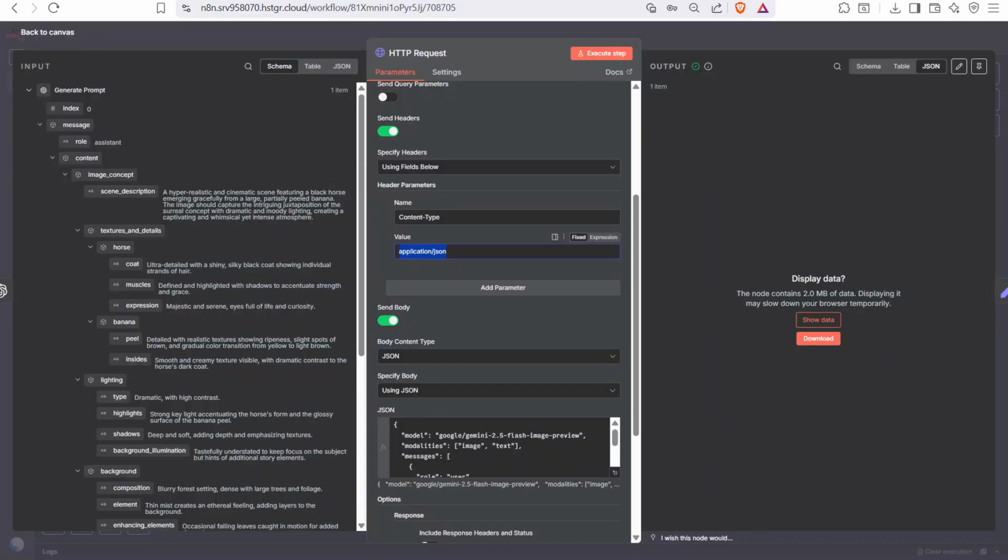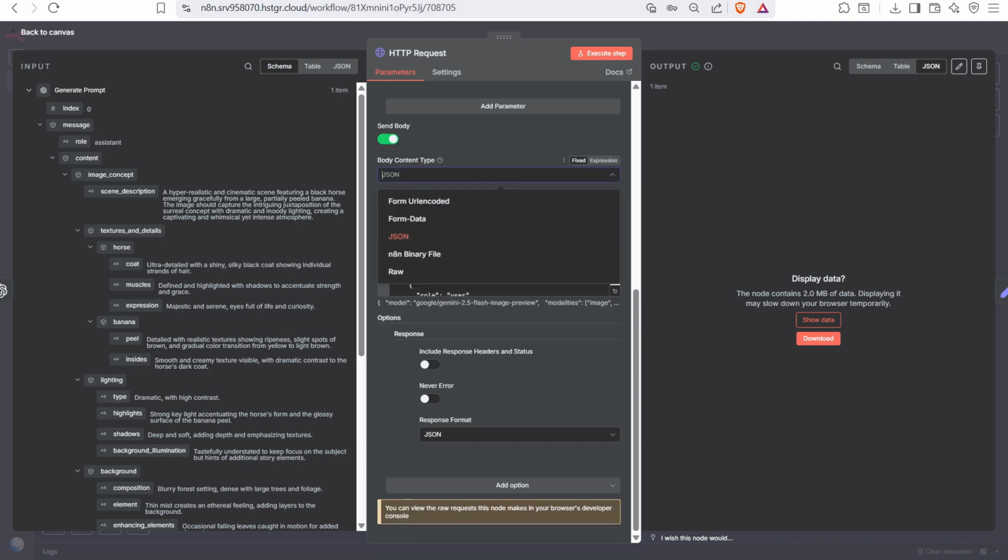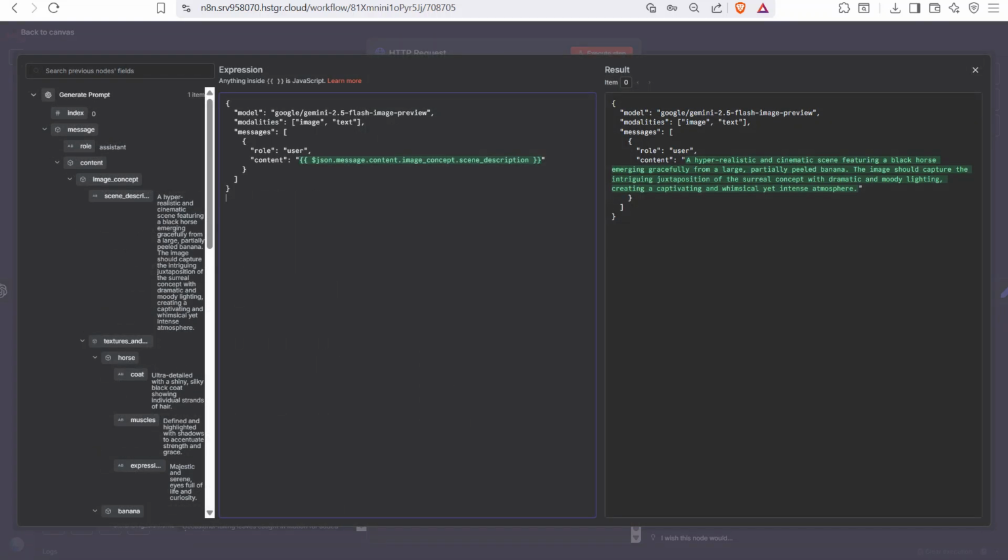Now I will go through the workflow. You need to turn on the send body, and with the body content type you need to send the JSON. For this video I have used the body content type as JSON, and we will send a JSON prompt to create that image. So if I click on the expansion, you can see we have used Google Gemini 2.5 Flash